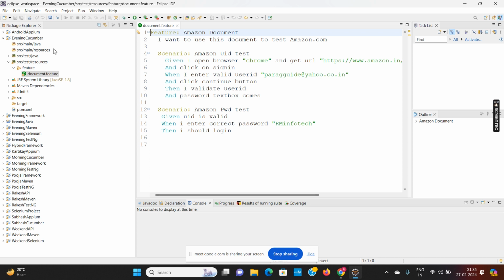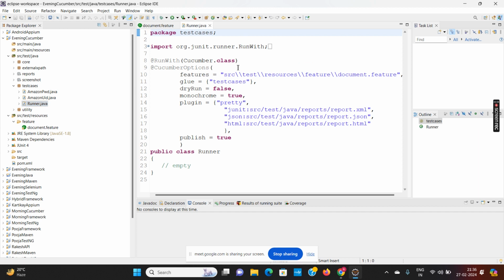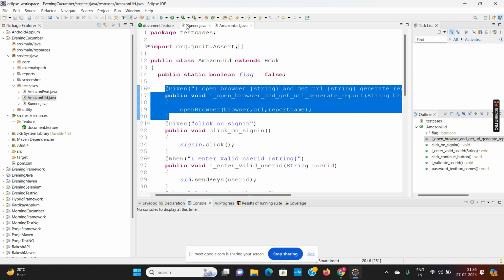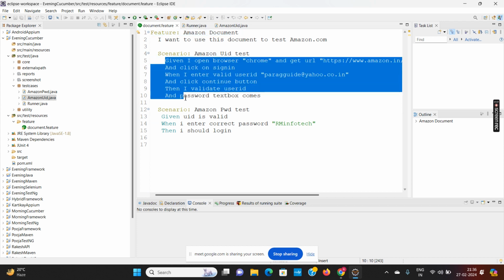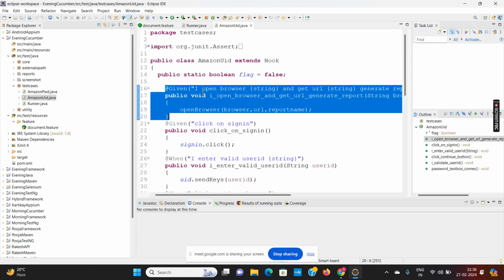And using that particular testing scenario, we use the runner class, which runs that particular feature file and looks for the implementation of the feature file in the package which we have glued. If the implementation is not available, it will give you the suggestion, and the methods will be implemented. All the methods we have designed in our scenario will be implemented, and this is called the step definition file that we discussed in our last session.